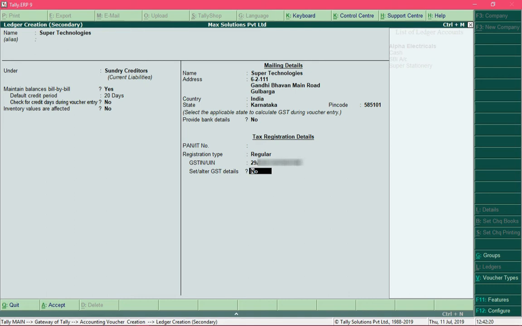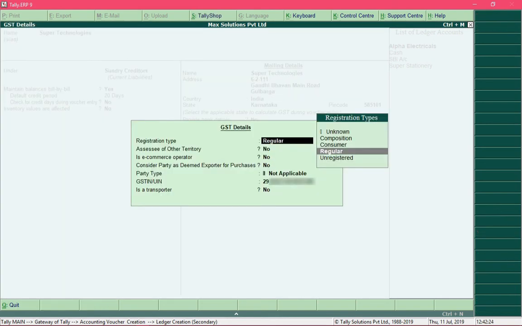And if you change the option set or alter GST details to yes and press enter, you would be further asked for extra GST details, where you can enter any relevant information about the supplier.